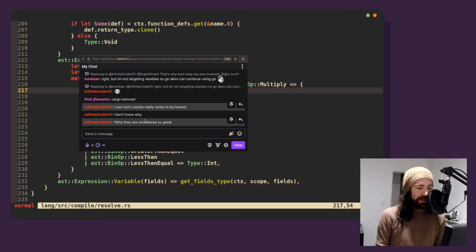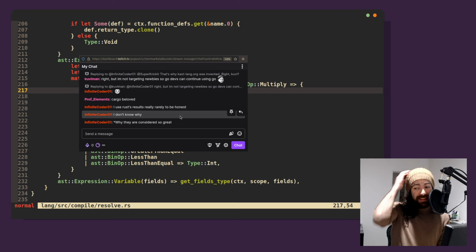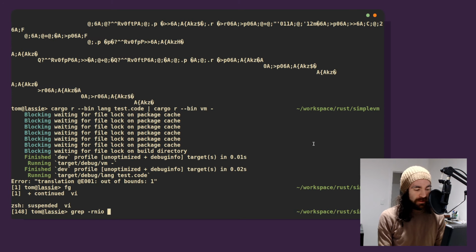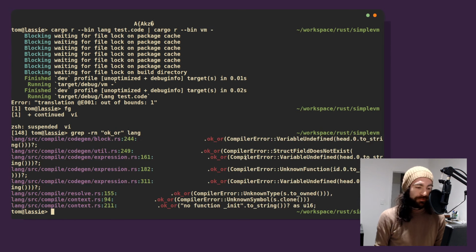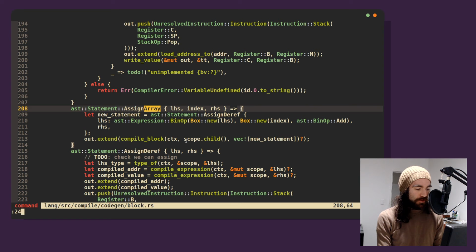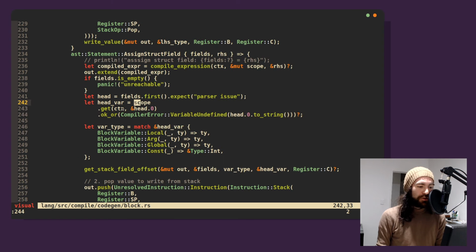Used Rust results rarely. You don't know why they're considered to be so great. It's the way they interplay with everything. So when you have, I can certainly find an example of this. Let's look for instances of OK in my compiler. Okay, so anytime you have something with uncertainty, block line 244, right? Where you have a list of things, or you have a map, you try and get something from the map,